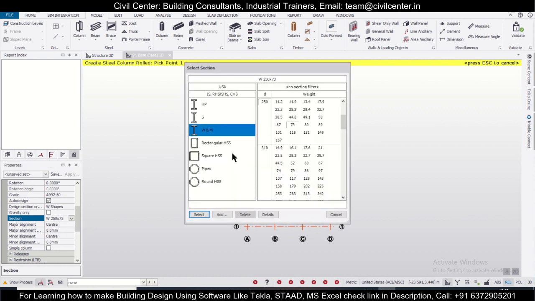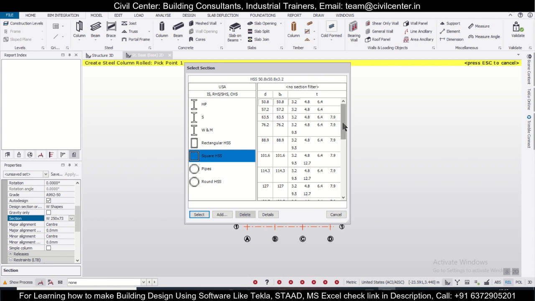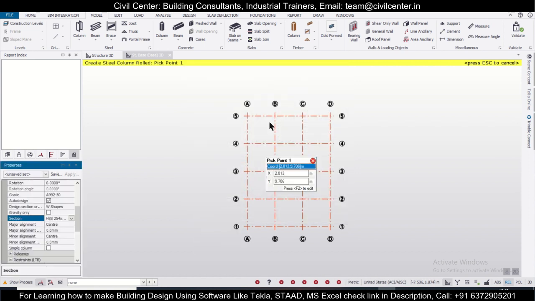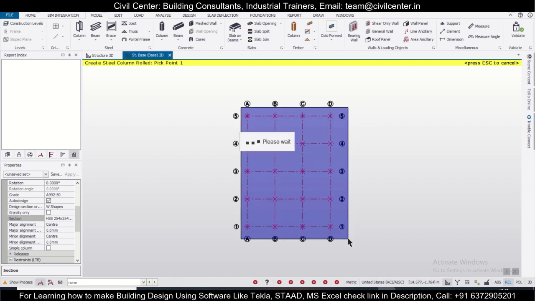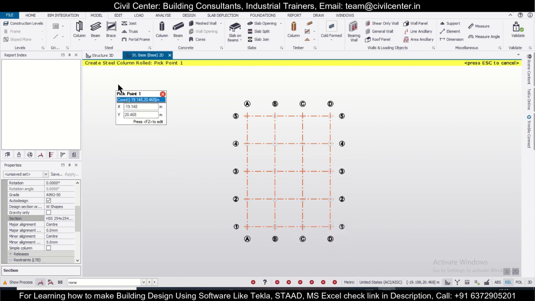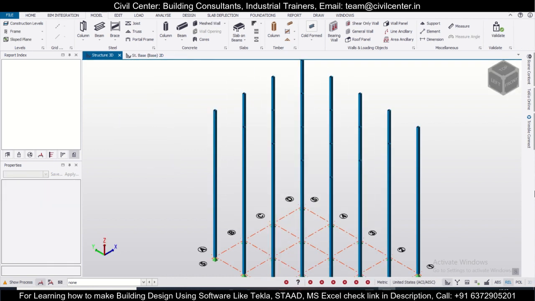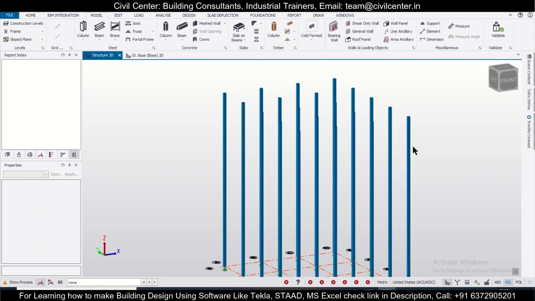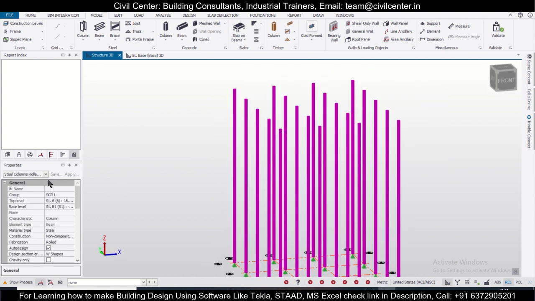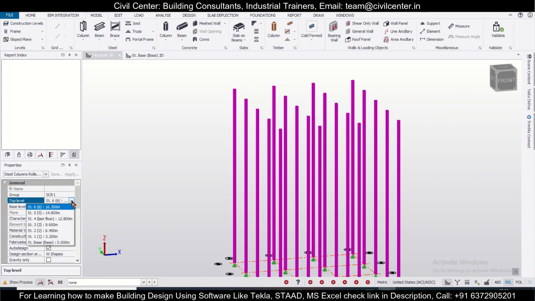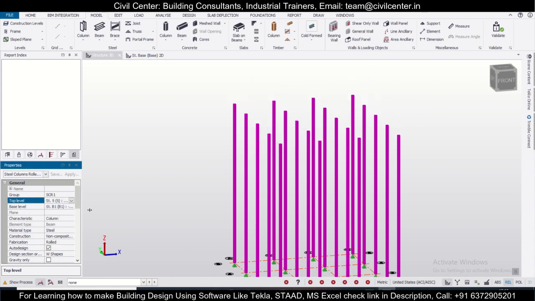I will go with square hollow sections, and we'll choose, let's say, this one 254, and select here, and we'll give the columns up to this level. If you want you can go to the structure 3D, and you can check the columns here, rotate the model using the mouse right button, select all the columns like this, and then the top level you'll do as your structure 5.